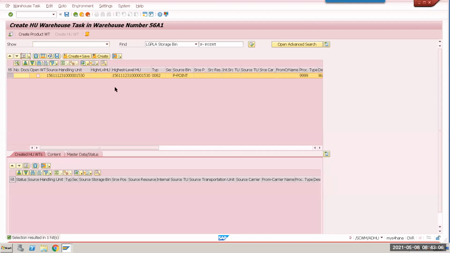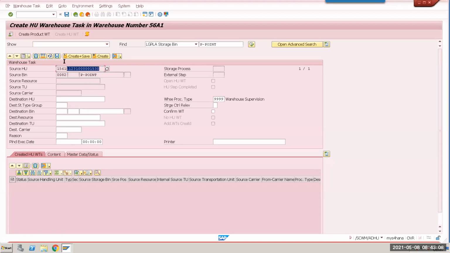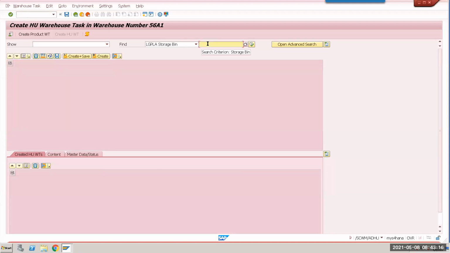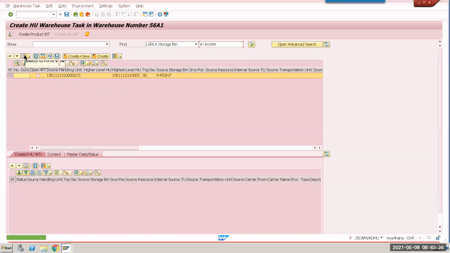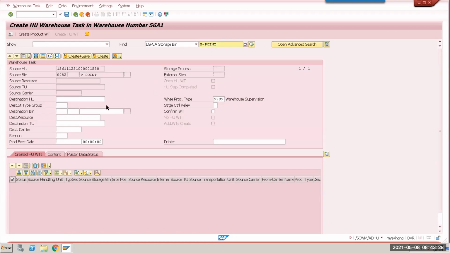Maybe I'll come out of the screen again and then come back. So probably the type here should be 3030, not this one, because it's entry only, right? Transfer, storage bin, right? Raju, before you do this, can you change the entry to 3030 because it's an internal movement? Let's see. No issue.